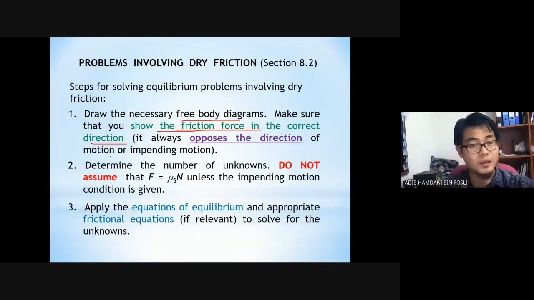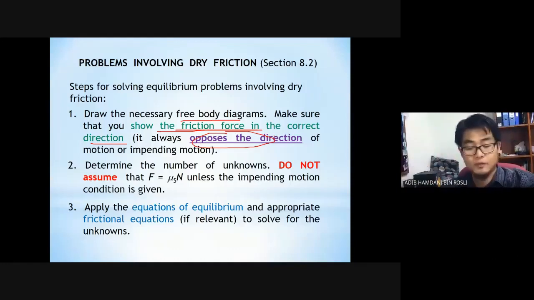So in this case you need to have common sense on the direction of the friction force. It must oppose the direction of motion. You push something, of course, on the block. You push the block, and of course the friction force will go the other way around, because it needs to oppose the direction of the block moving.